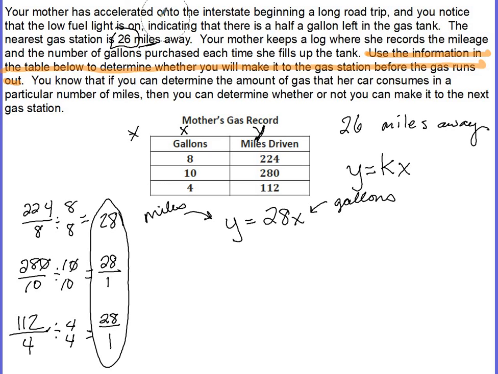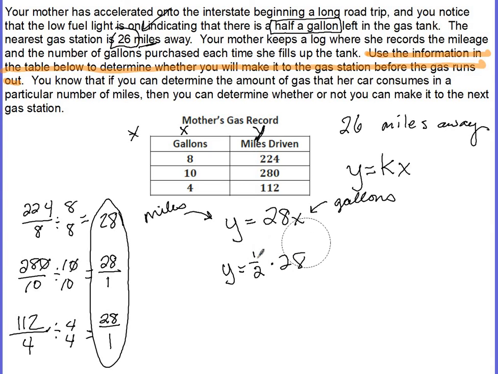So in this case, we want to know if, since it's 26 miles away, I'm not going to put 26 in here because x represents gallons. Okay, so we have to look for how many gallons does she have left? Well, she has half a gallon left. So we have y is equal to 1/2